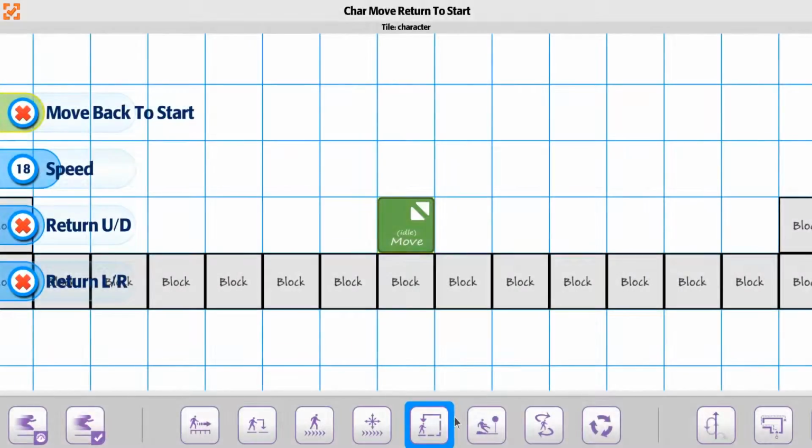The player has an option to return to start, so that wherever the player starts the game, you have an option to say move back to that spot. Think of it like a rubber band. You can pull a certain distance away, and when you stop moving, it's just automatically going to pull back